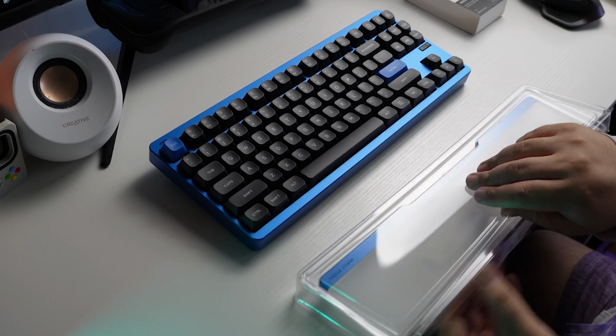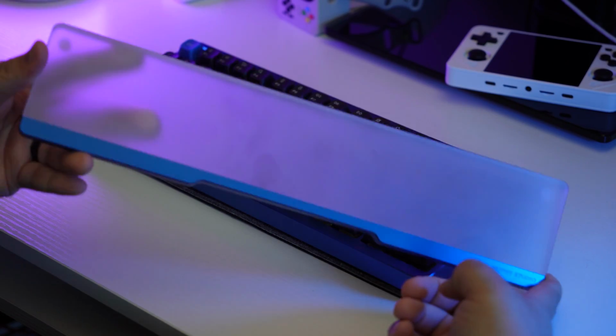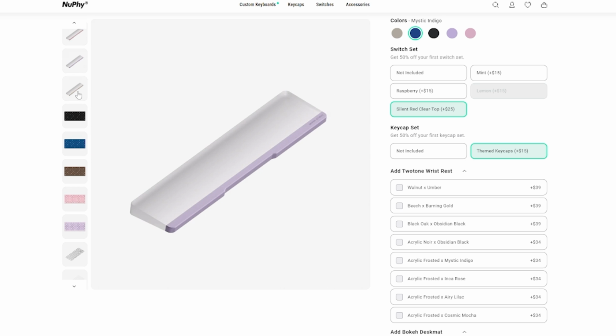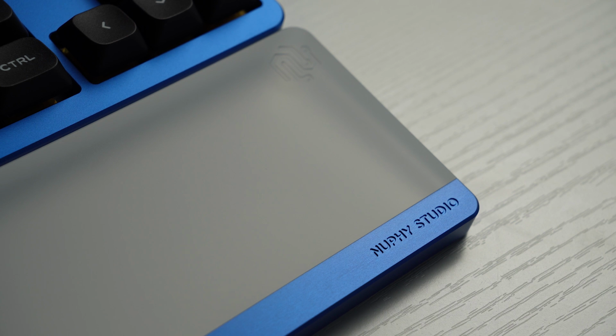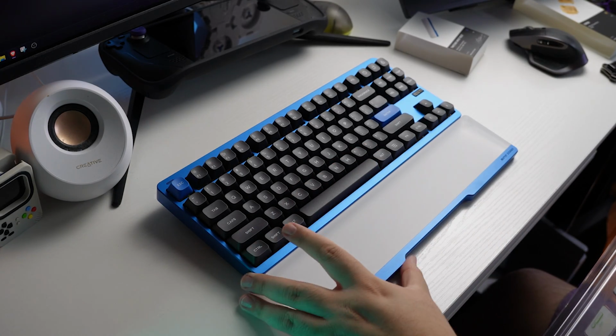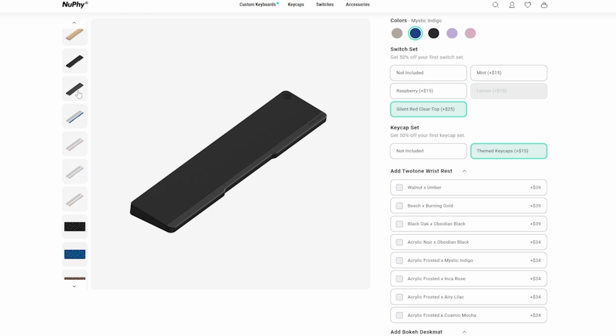NuPhy did also send me this matching wrist rest. I've actually featured this a couple times before, well, a different one, the black one, but they have a bunch of new color options available to match the color options available for the Gem80. And the metallic blue accent along the edge of this thing, along with the little engraved logo in the metal there, well, it just looks nice. It's frosted acrylic and the color part is metal. It's a nice complement to the board, and it's an additional $35,